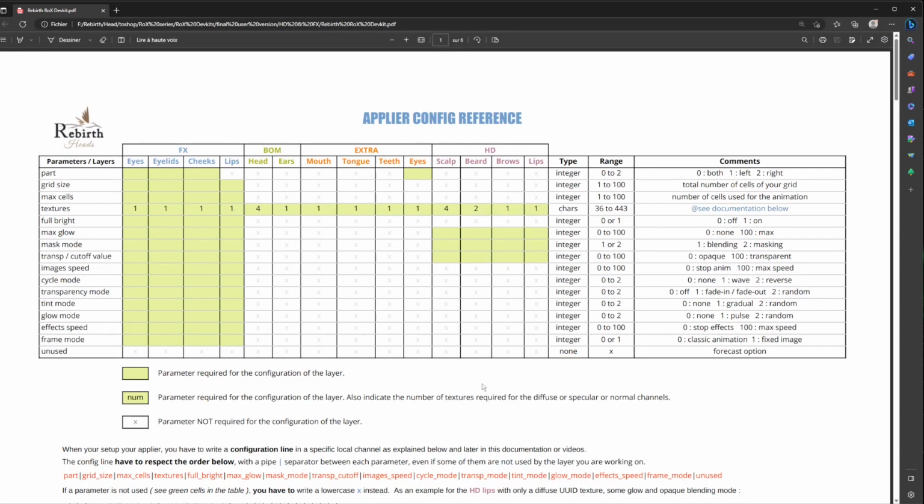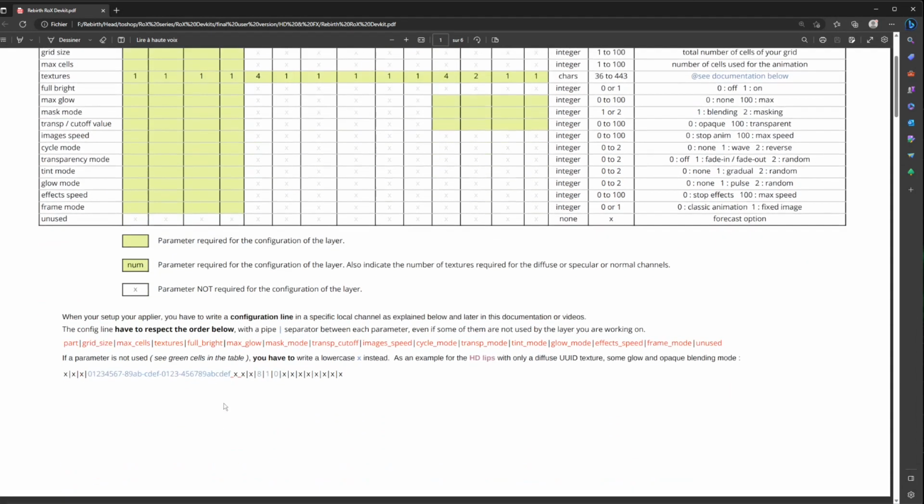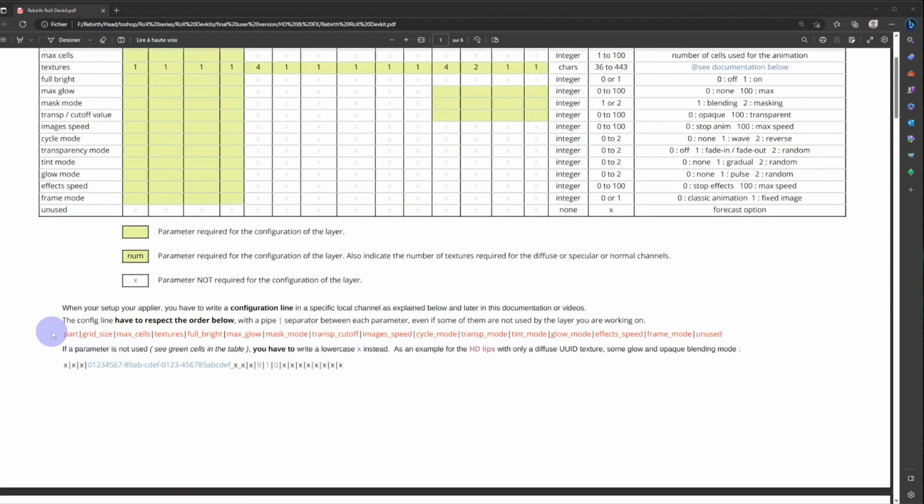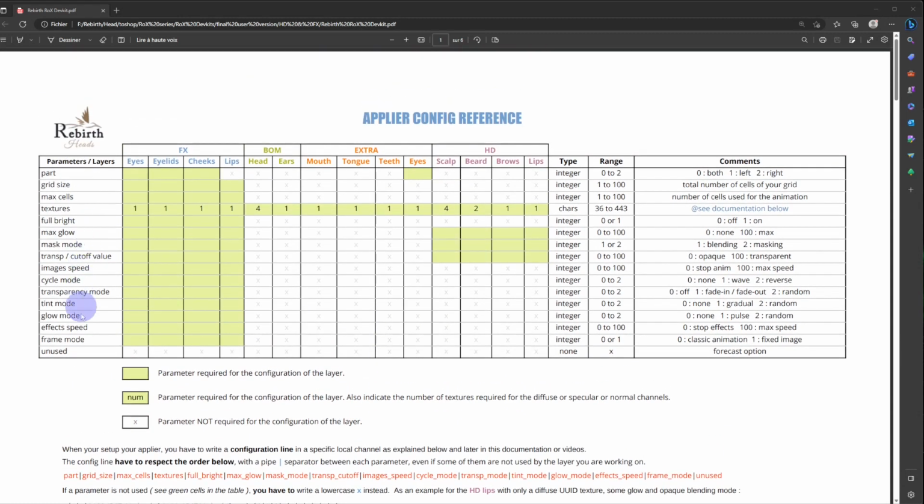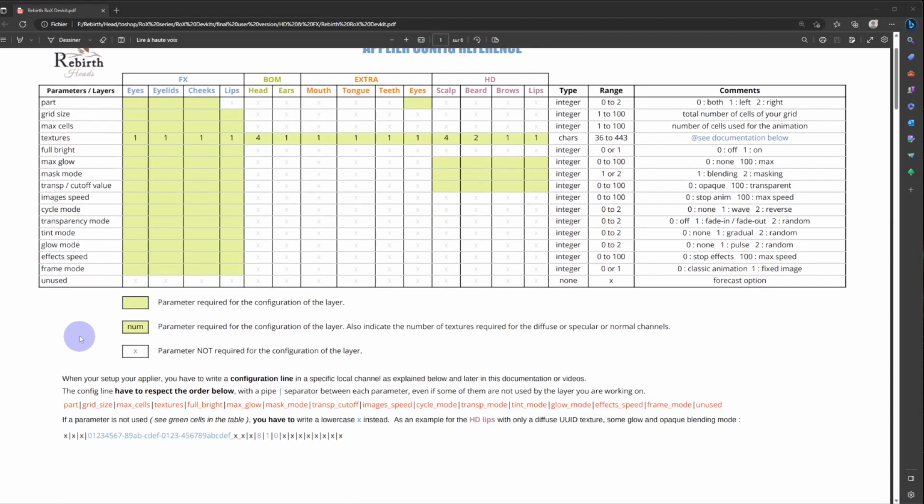So, it is an exhaustive documentation which in fact lists all the appliers that it is possible to create on the Rox heads. But in the end what must be remembered is that only this universal command line that follows a well-defined nomenclature, indicated here and which refers to this table, matters. This will be useful for creating an applier.